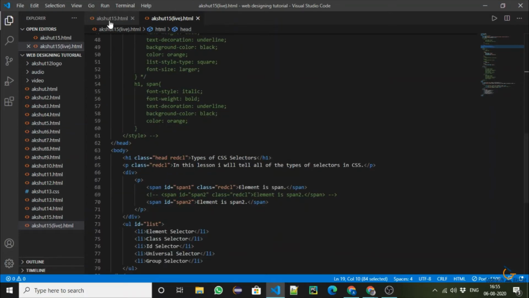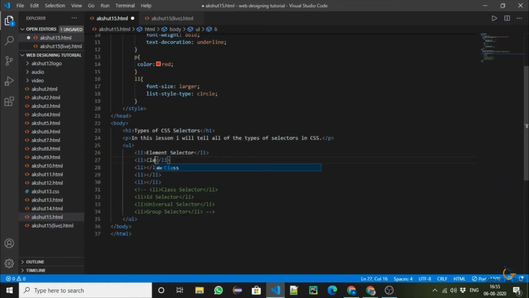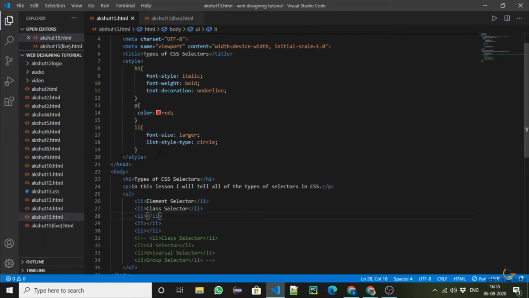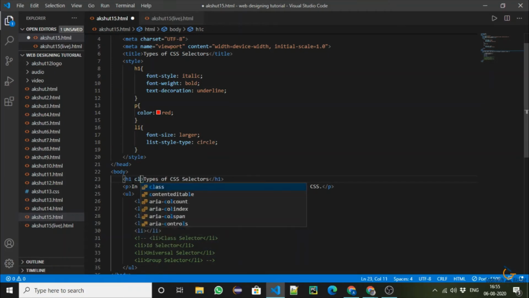Now we talked about class selector. So class selector is nothing but a selector which consists of class. Okay, so now I will add two classes to this h1, head and the red color. I will add the same class red color or red CL here.